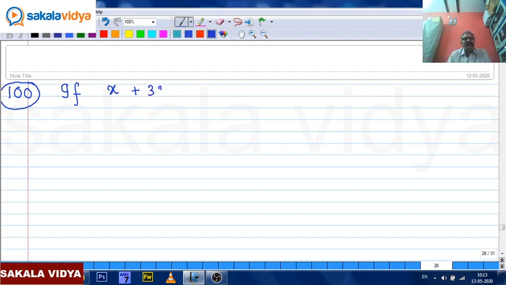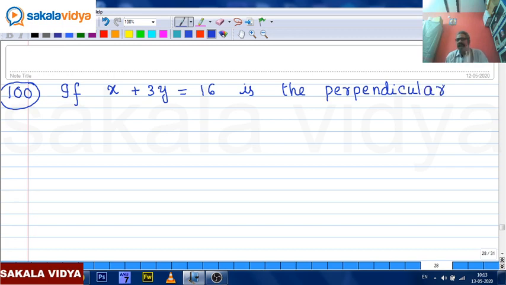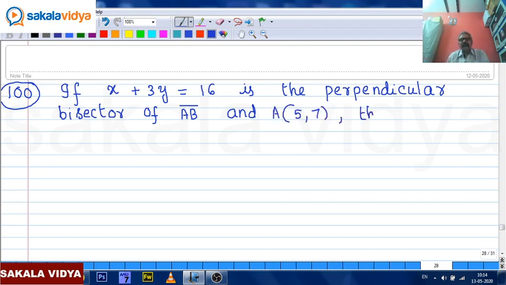If x plus 3y is equal to 16 is the perpendicular bisector of AB bar, and A is 5 comma 7, then B is